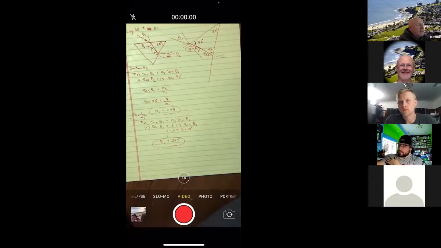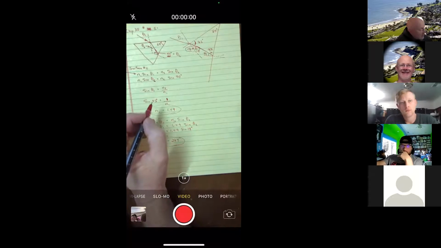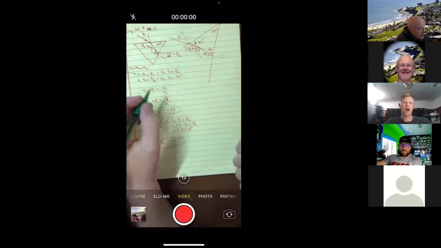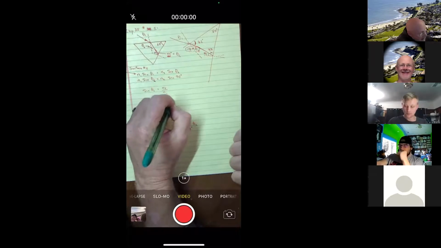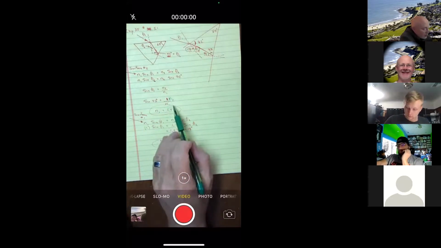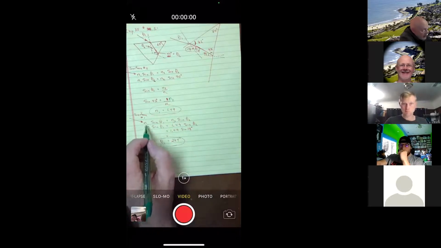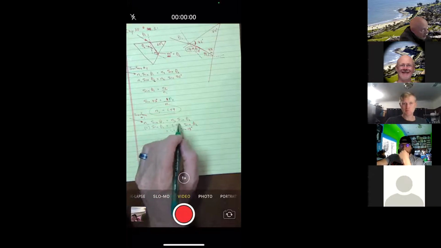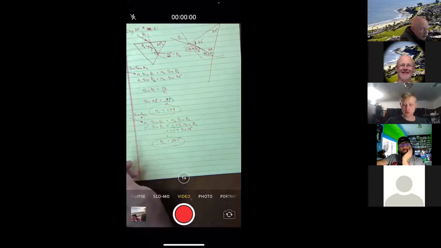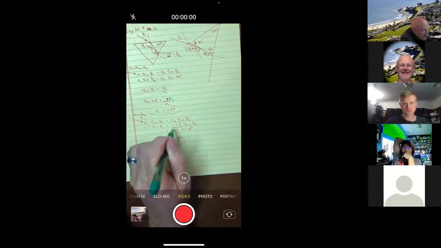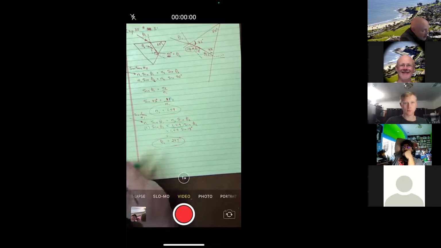Oh, now I like a little better what they did. They did not assume it was air. They left this as N2 over N1, because down here, when you bring this over, you have your N2 over your N1. So you don't have to assume that it's air on the outside and you can still solve it. You just know what the ratio of the indices is. You don't know exactly what they are.